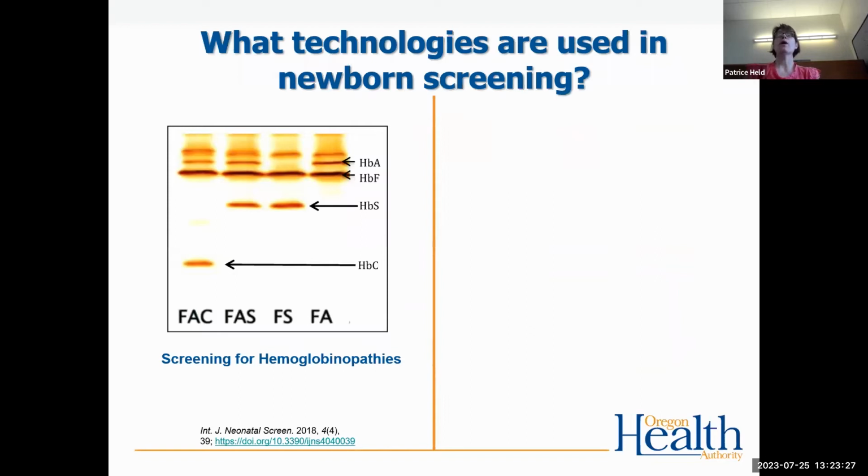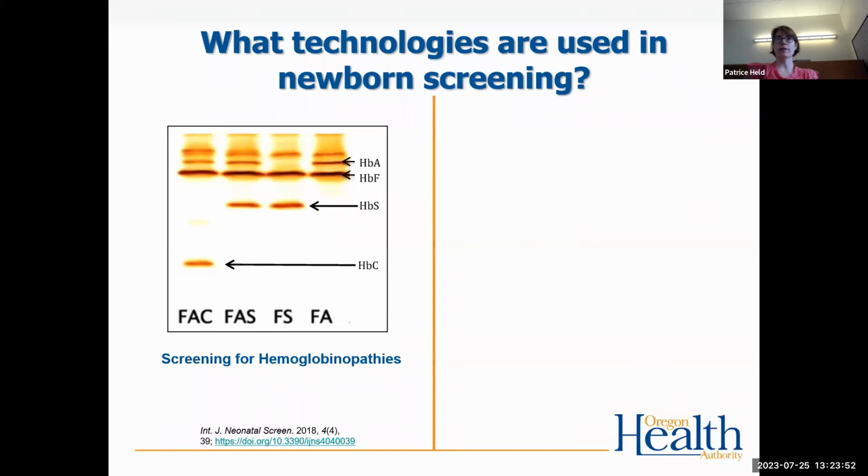So what type of technology is used within the newborn screening laboratories? I mentioned that we screen for hemoglobinopathies, and I think this is probably one of the lab staff's favorite tests to perform. It's an isoelectric focusing gel that allows for the identification of hemoglobinopathies by the separation of the